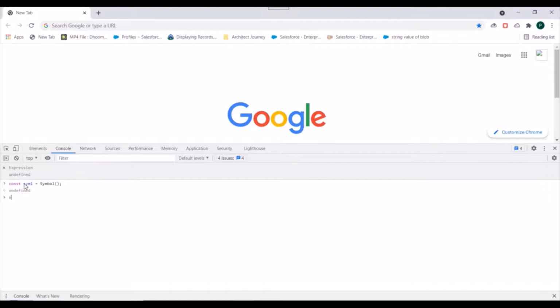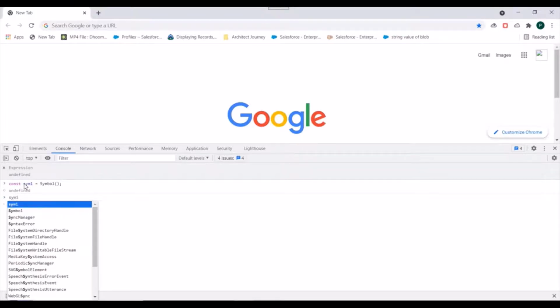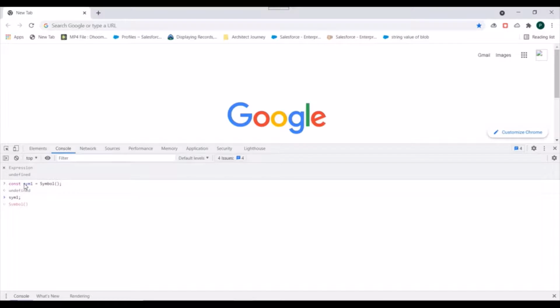Okay, now if you try to print this sim1, it will return this symbol. So you will not know what exactly the unique key is, but it will be unique every time you use it. Okay, so to confirm that, let's say we create another symbol. Okay, again it is returning a unique value.